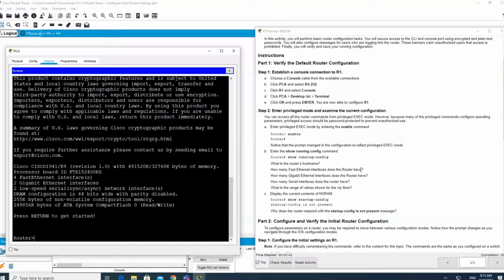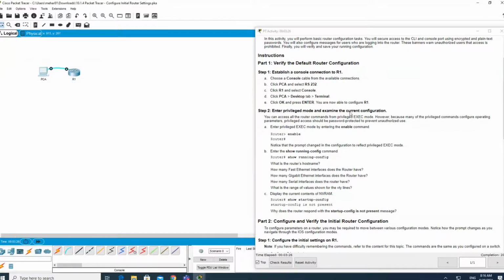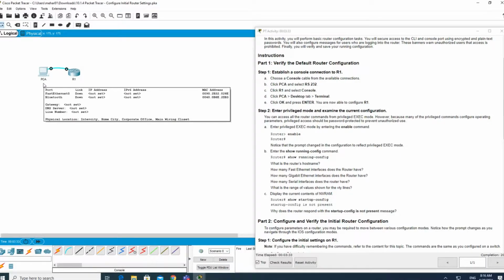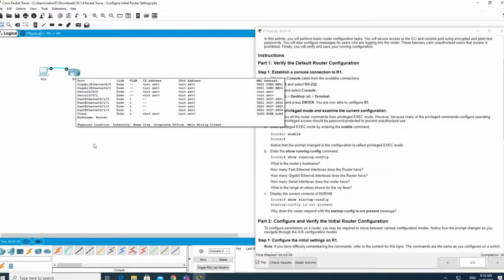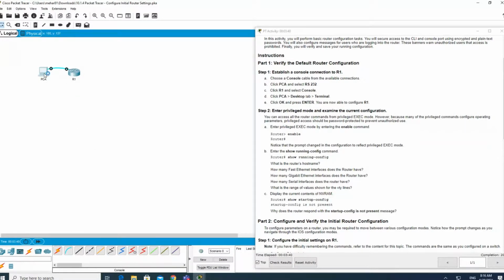Again, just quickly, I'm going to repeat some of the steps, and you will see how we are now here. First of all, let me organize things again. So I have connected again, please let me repeat it. I have connected the console port from my PC port RS232, and then the console port of the router. Then we need to go to PC-A.